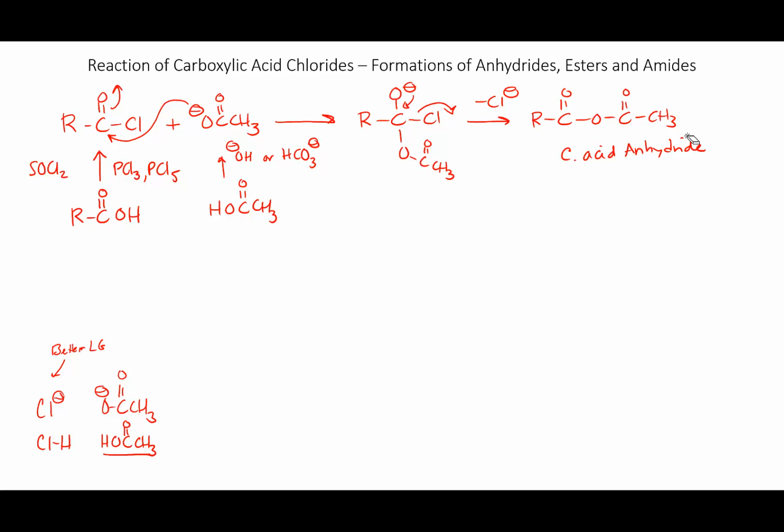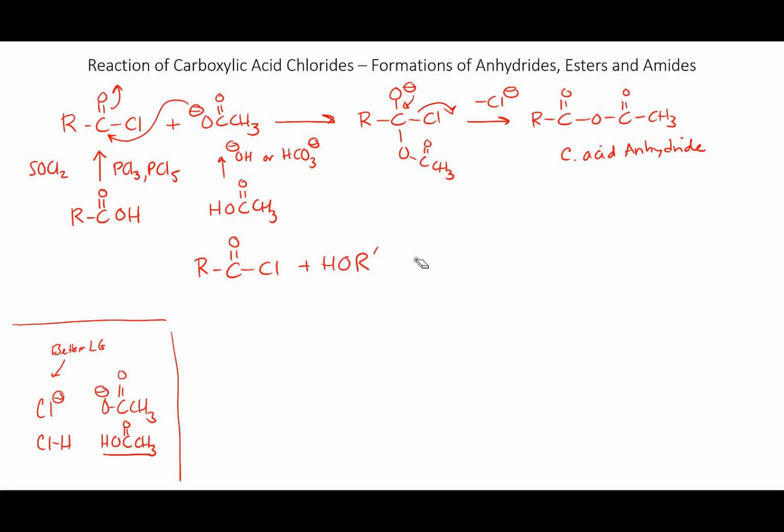Okay. And we used acetic anhydride, where there are methyl groups on both sides, in the first step of the benzocaine synthesis. So this is one way you can make a carboxylic acid anhydride. Now the other compounds that we make, like esters and amides, it's not going to be convenient to make the anions. So what I'd like to do is to take my carboxylic acid chloride and I would simply react it